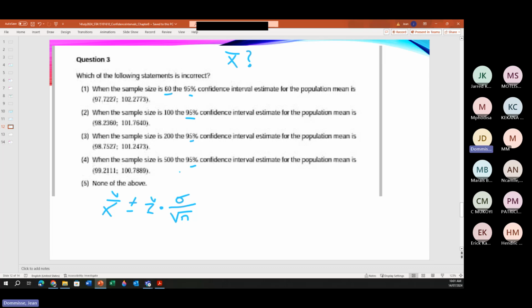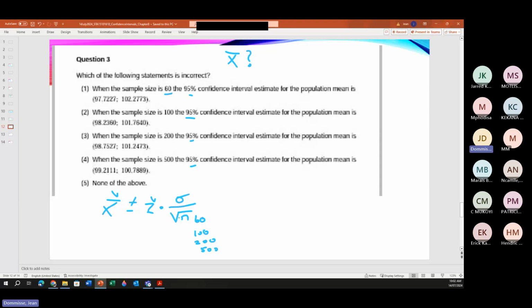The only thing that changes is the N. So first 60, then 100, then 200, then 500. Okay, so if you look at this,